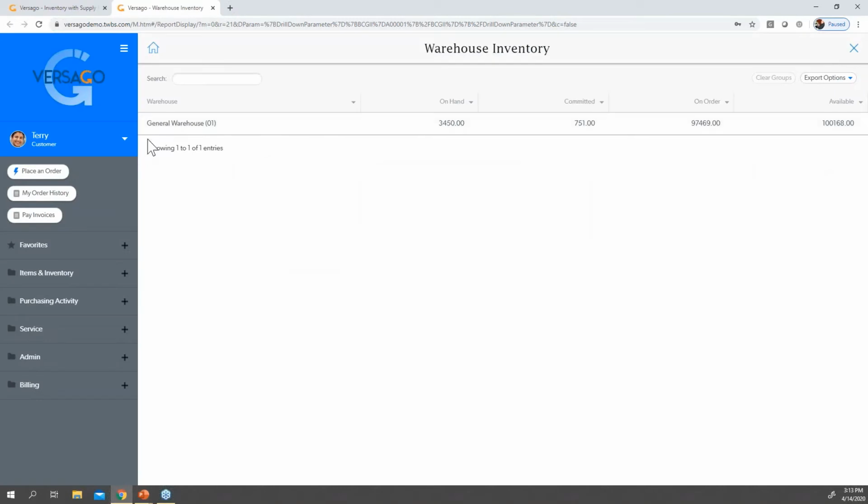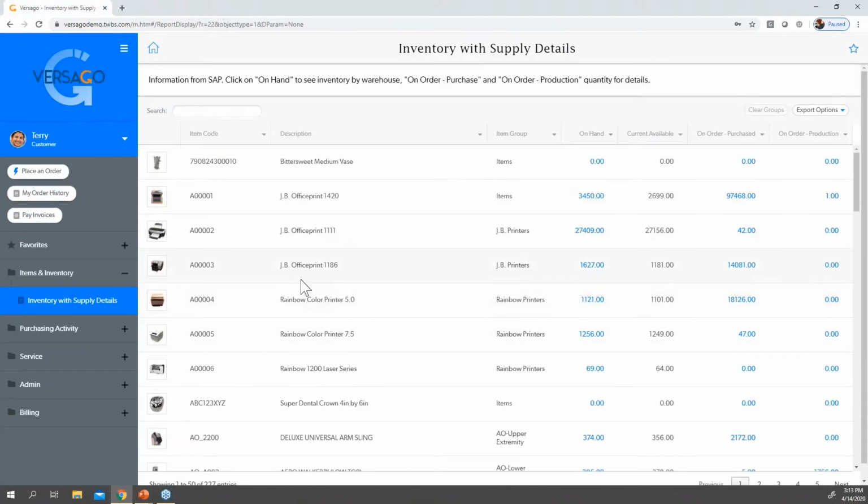And this is where the user can see which warehouses that stock is in, so that they can self-serve and determine whether or not they want to order that item. So very quickly they can see, this bittersweet medium vase is not in stock right now, and it doesn't look like we have anything coming in the near future either. So this would be an item that would likely get back ordered right now.